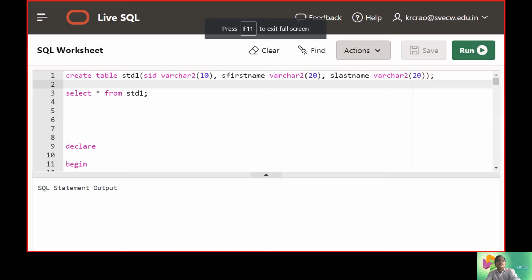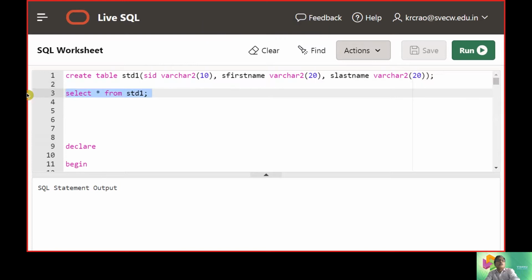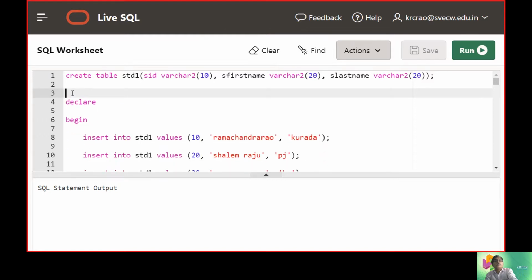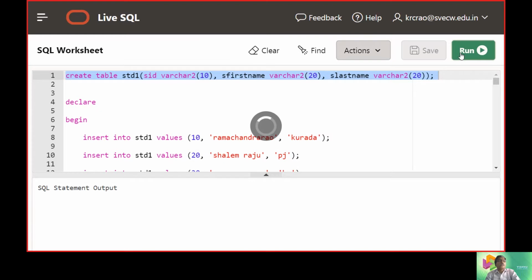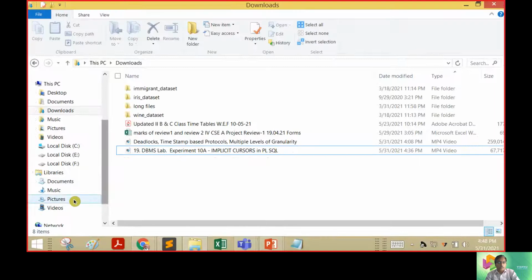Now, the first element was the creating of a table. So we hit on this button. Now you can see the table was created.